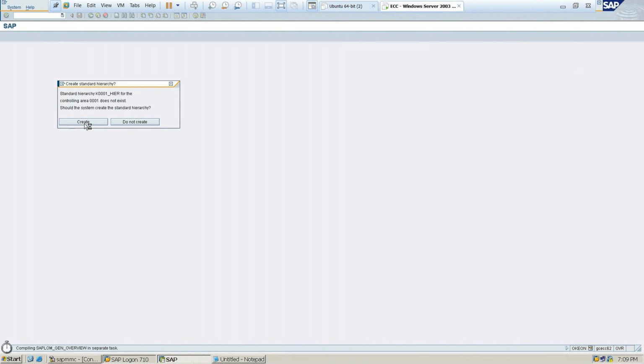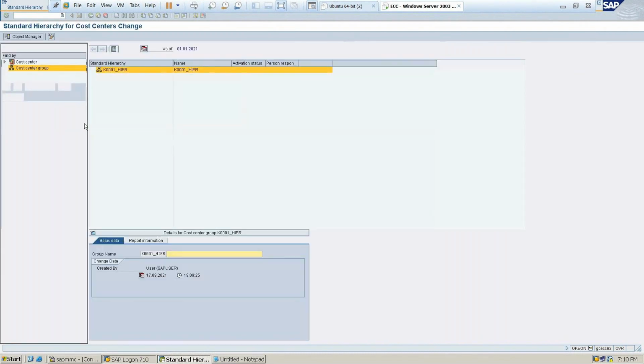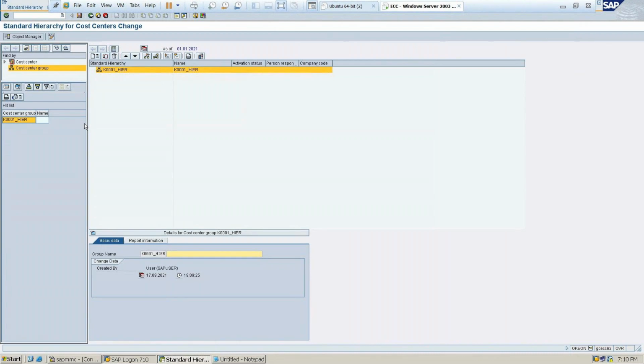A few things we can modify and create for our companies. Like K001 is a standard hierarchy; wherever you see that integration, 001 is already created by SAP. So under this standard hierarchy you will be seeing all this data.